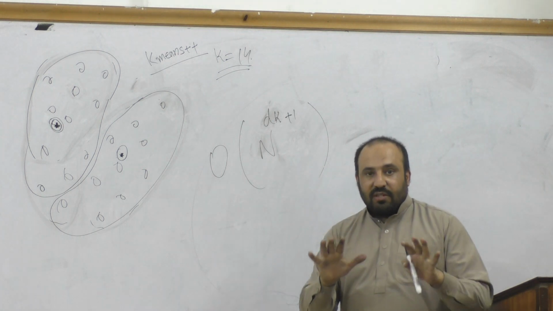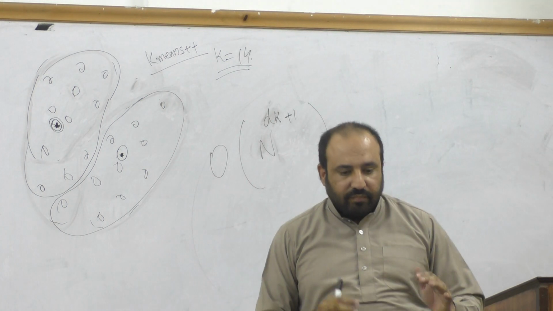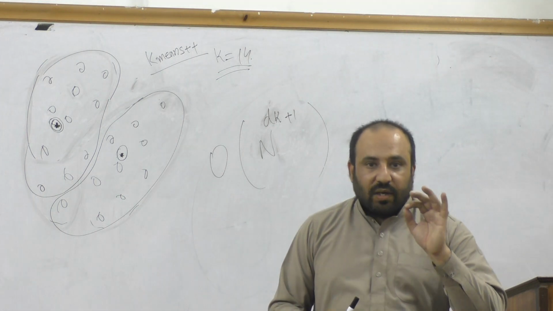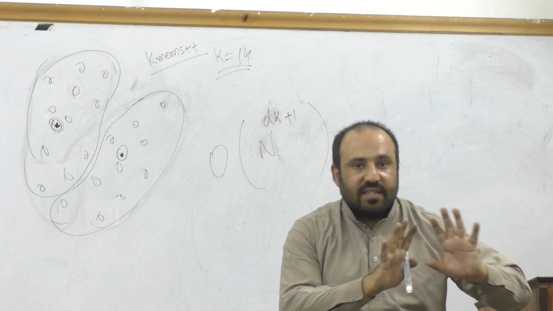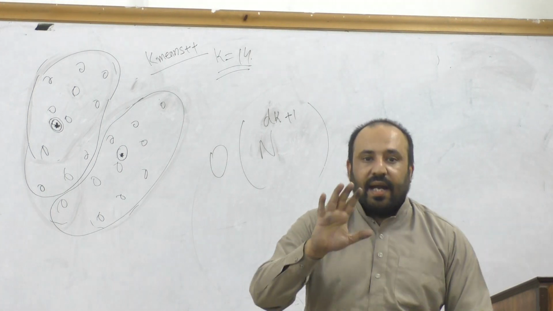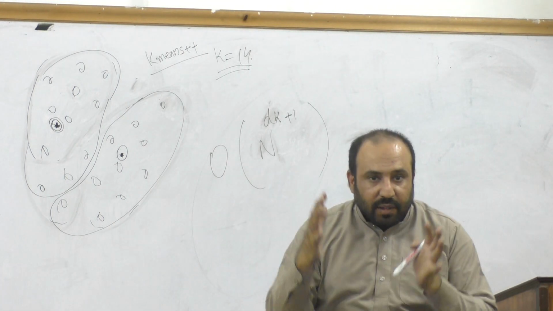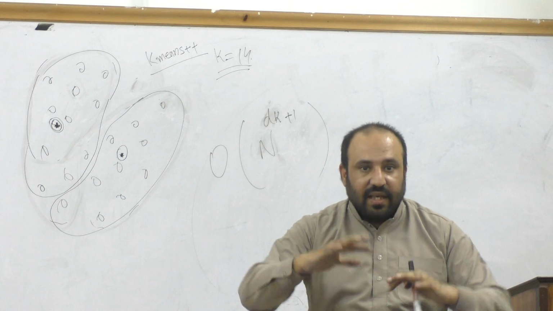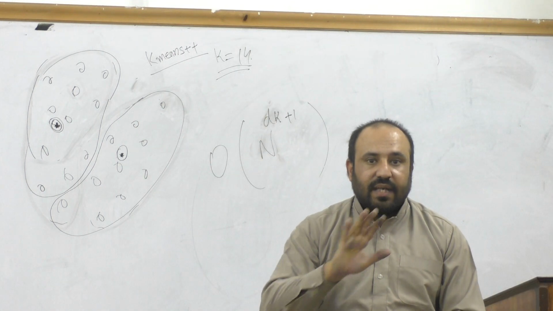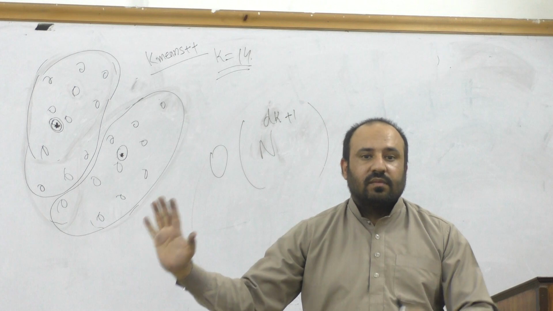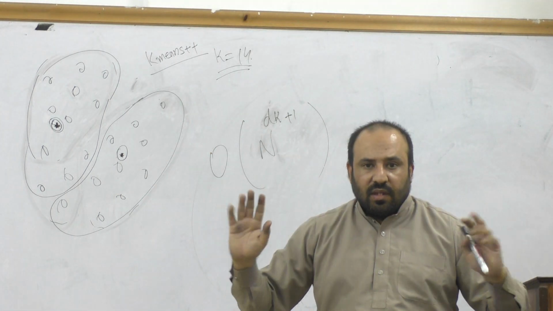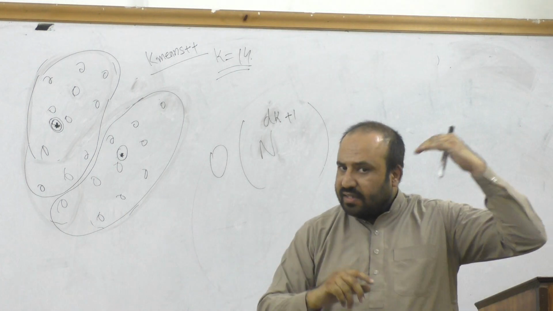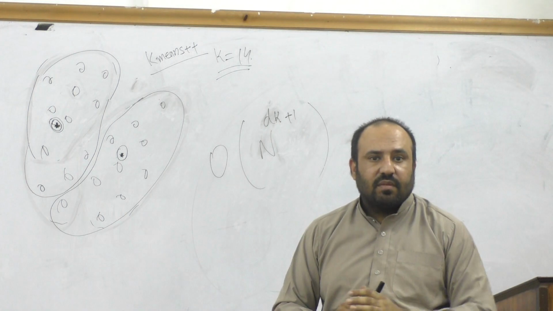The actual problem is the following. What should be the number of clusters? We will talk about that later. Let's say it is not given, and you want to find out the optimal number of clusters as well as the minimum clustering error. That problem is really hard. We do not even know whether it is NP-complete or not, so we can't solve it in time.